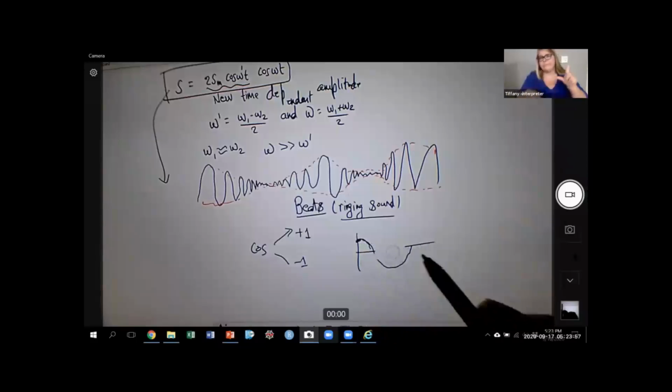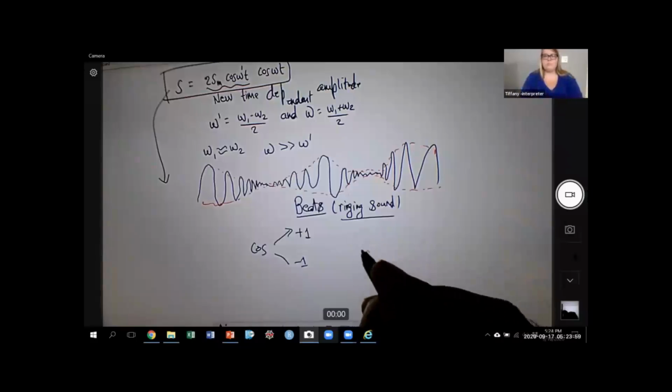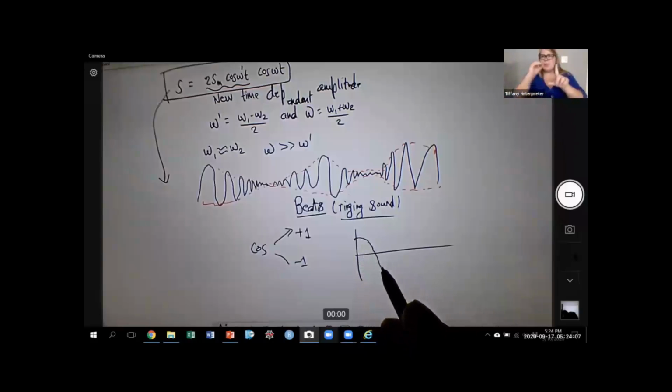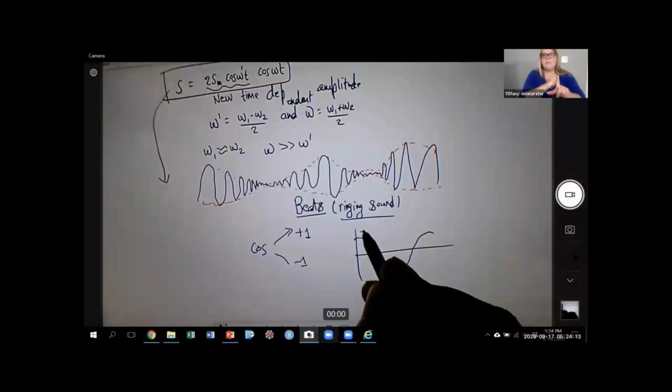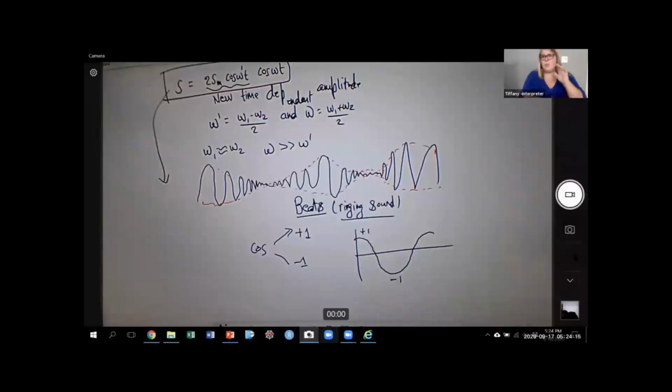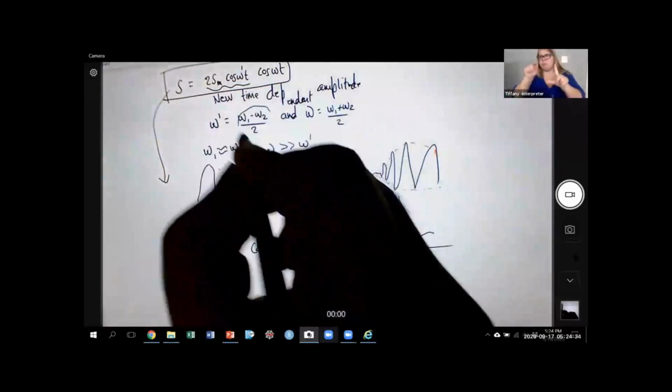So if you plot the cos function, the full cycle, it starts from 0, where cos has its maximum, like this, and the maximum value is +1, -1. So in one full cycle, the maximum occurs twice. In a whole cycle, cos has 2 maxima. This is also a maximum. So the beat frequency has to be 2 times this.